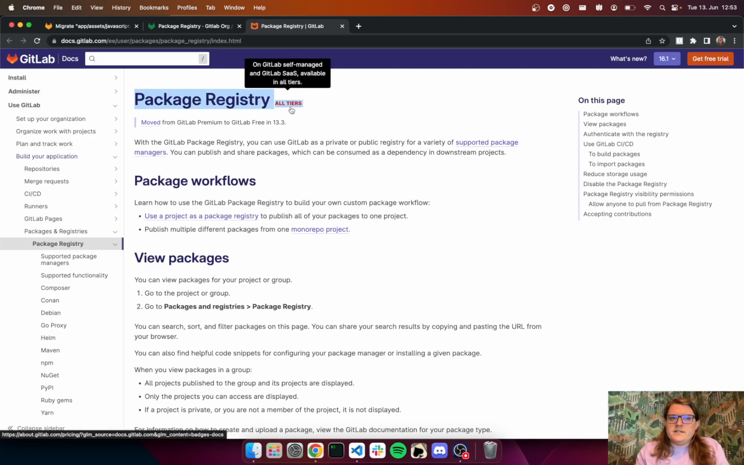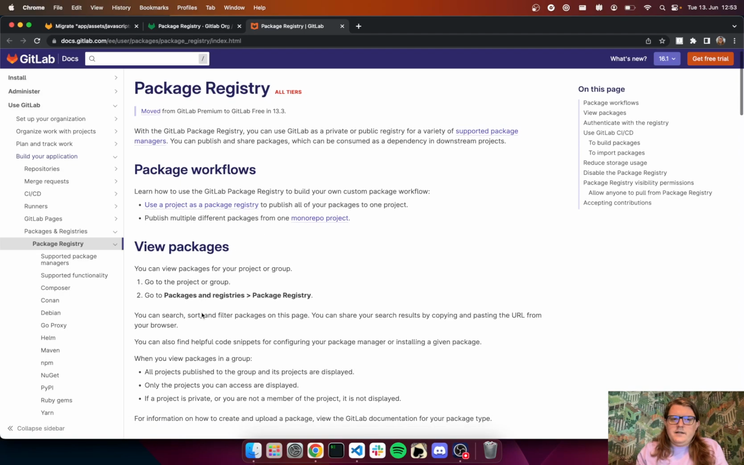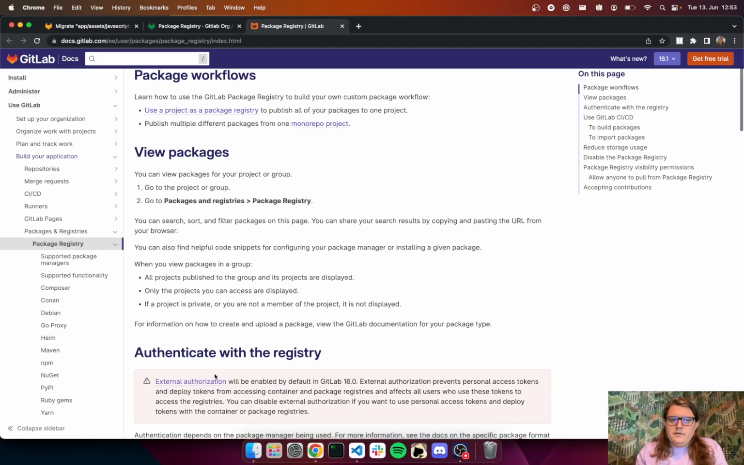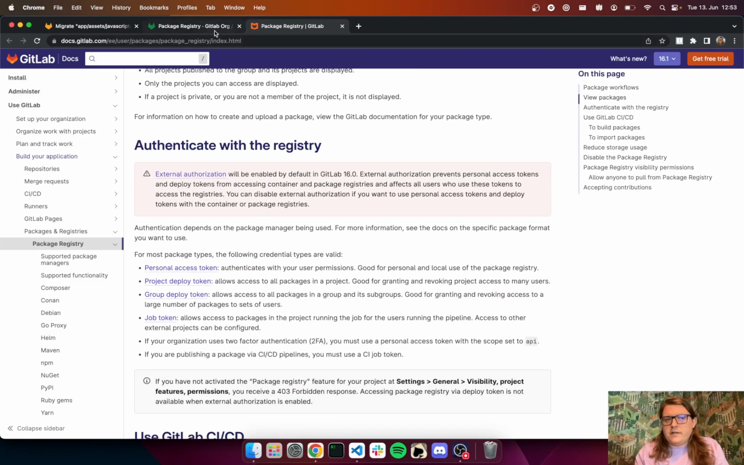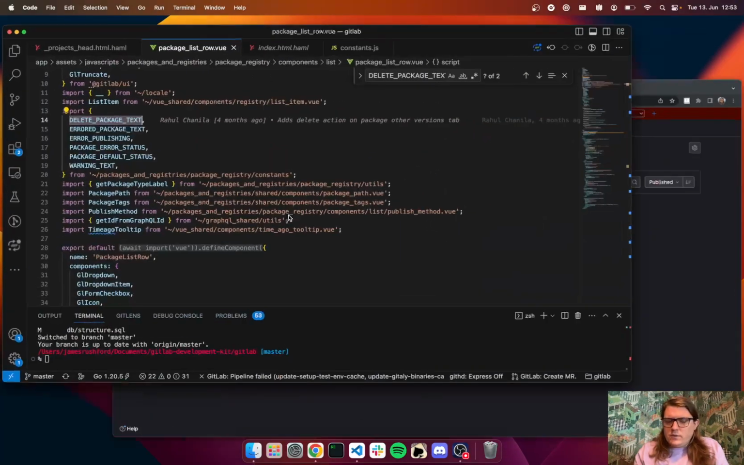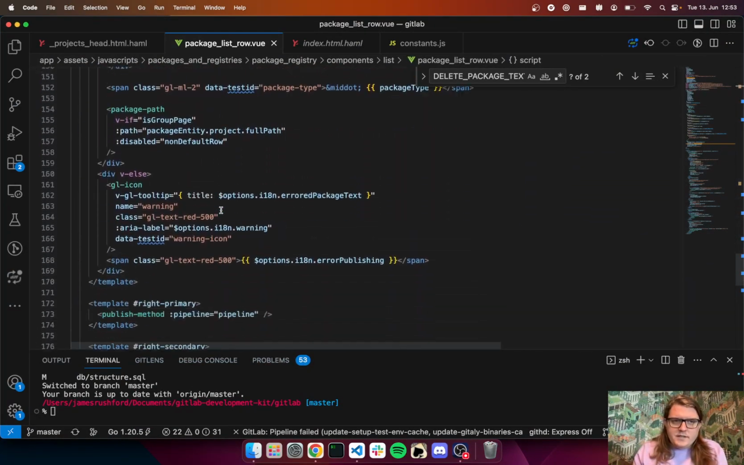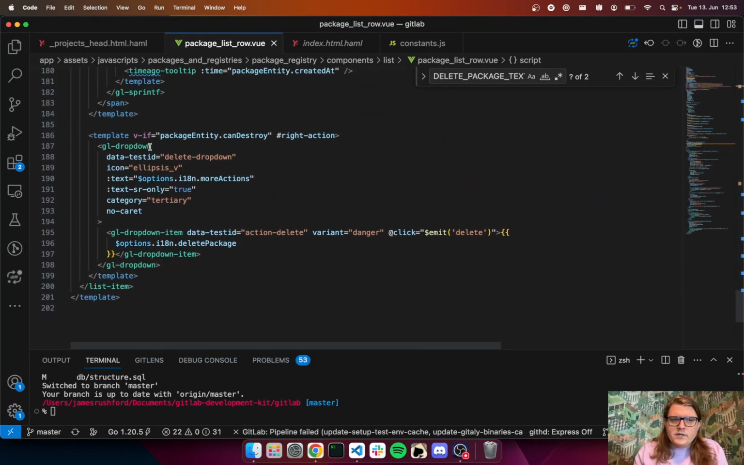Package registry. First thing I want to check, is this all tiers? Yeah, it is. Cool. And then how do you do it? If you try to do it and it doesn't work, okay, there's a problem, which is exactly what I did. This is the really neat trick. So we can look at our component,